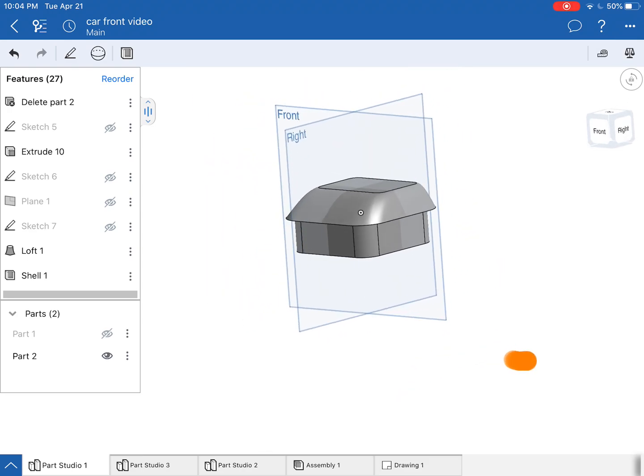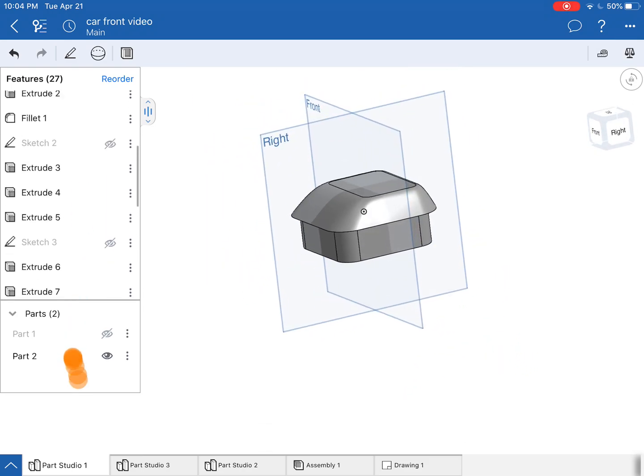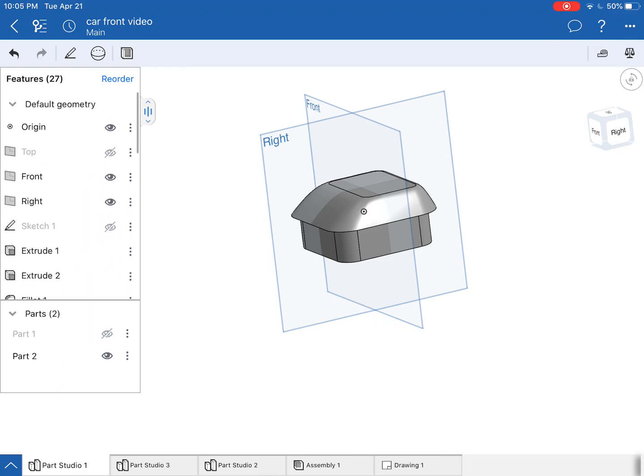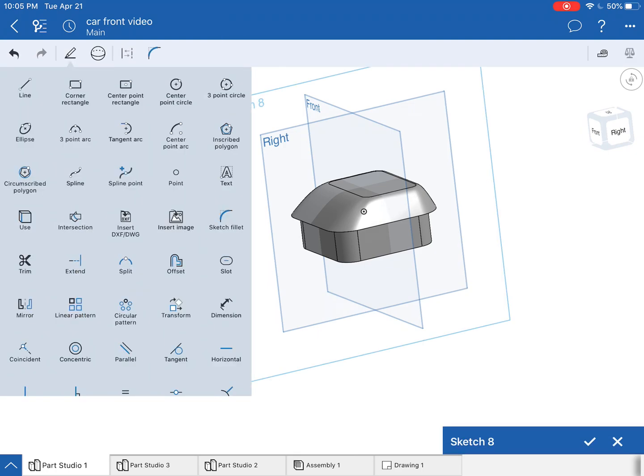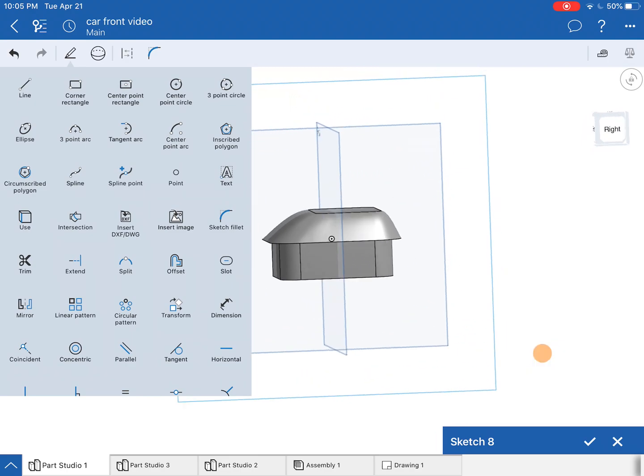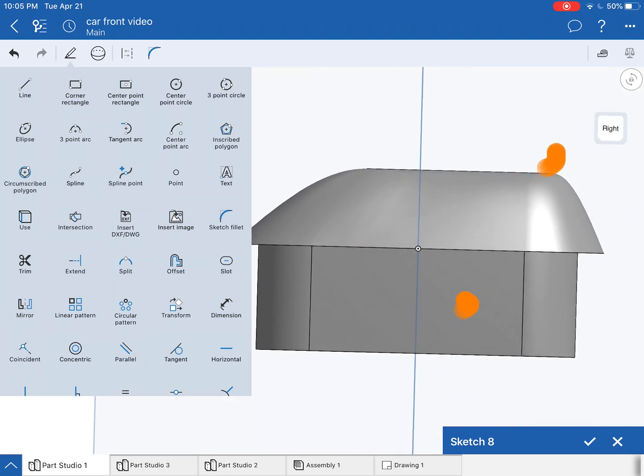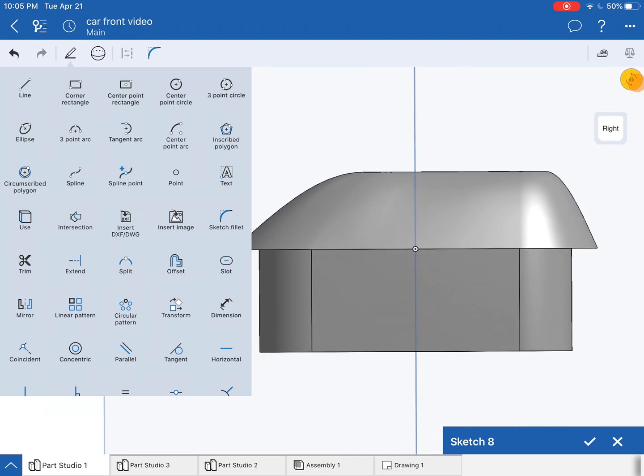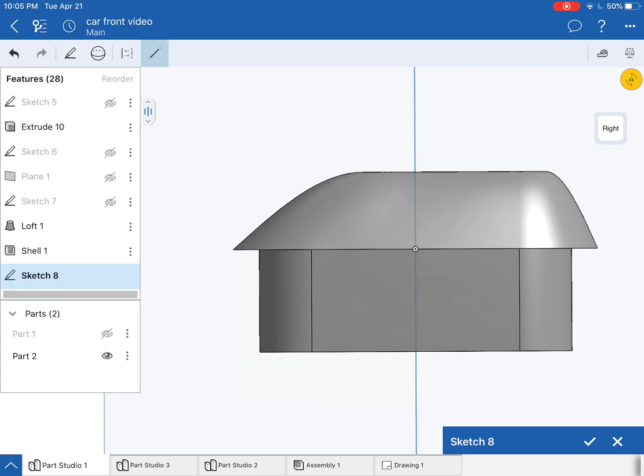Now let's cut out the windows. So if you notice, I have the right and front planes turned on. Make sure those are turned on, because that's what we're going to be doing our sketches on. And I'm going to do my first sketch on the right plane. So I'm going to choose my right side plane, 2-finger tap, and set that normal. Let's lock that in place,